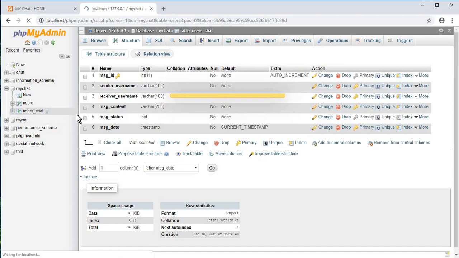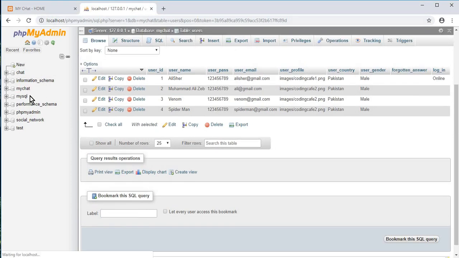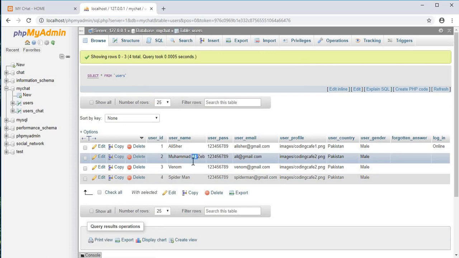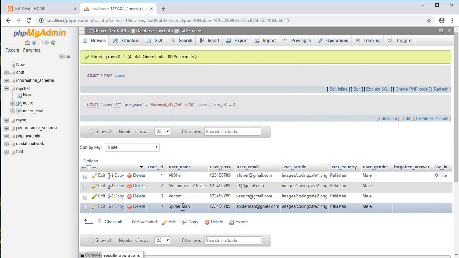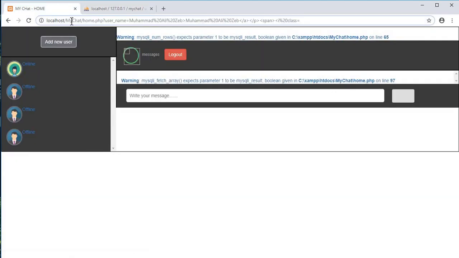So if you go to our users table, alright, ignore all, just go to my chat users, and in the username we will add an underscore, and right here we will just change this to spider_man, and I think that's it. And now if I just refresh this and click on someone's,